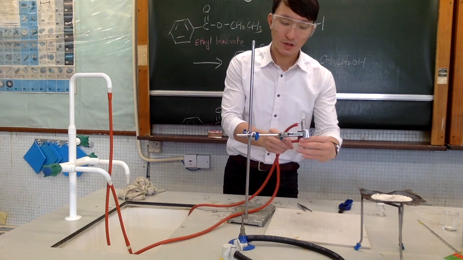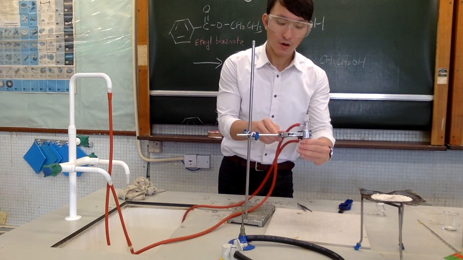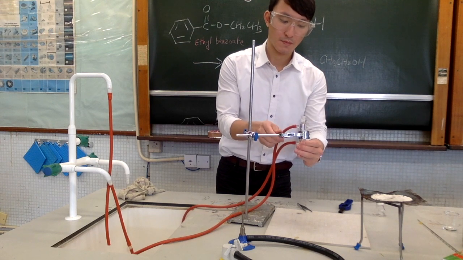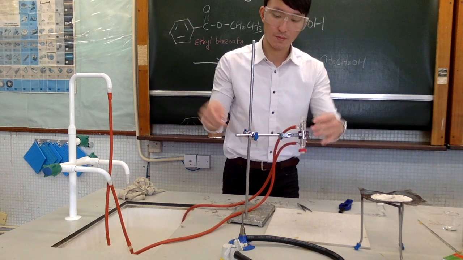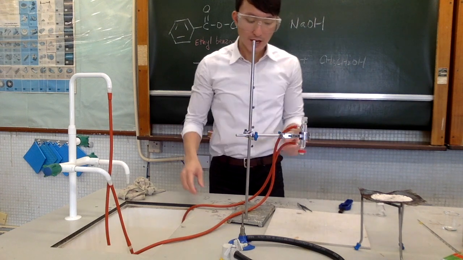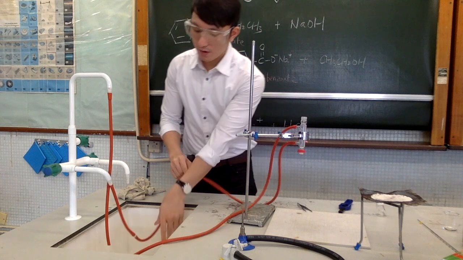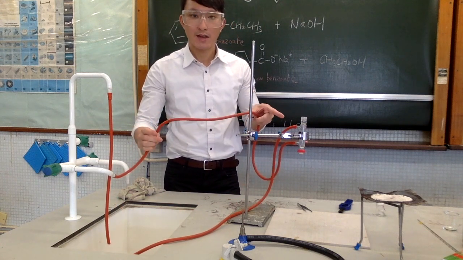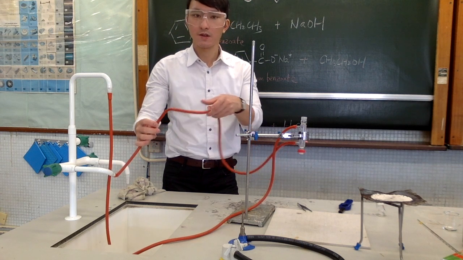First of all, we need to secure the condenser onto a clamp. After that, look for the rubber tubing that is connected to the lower end of the reflux condenser, and we